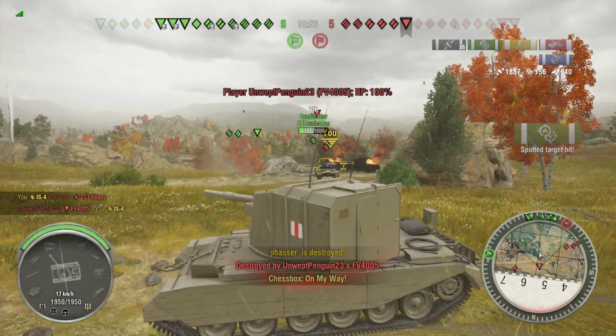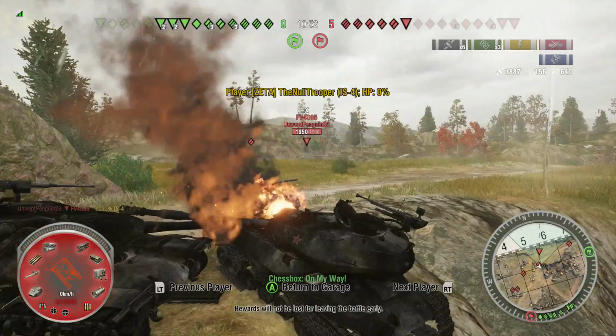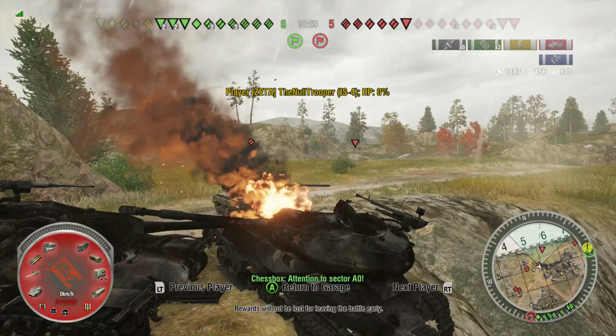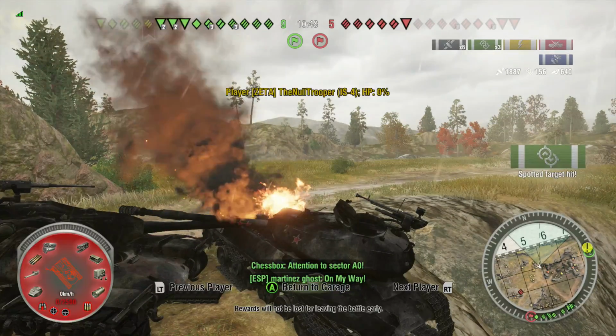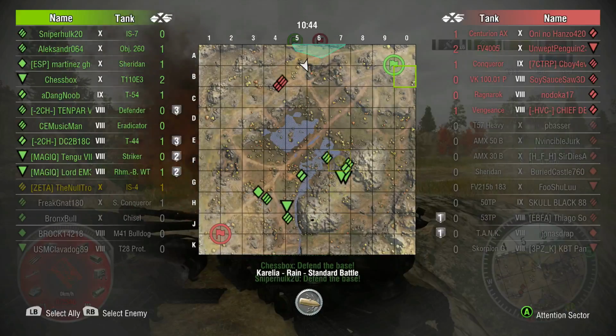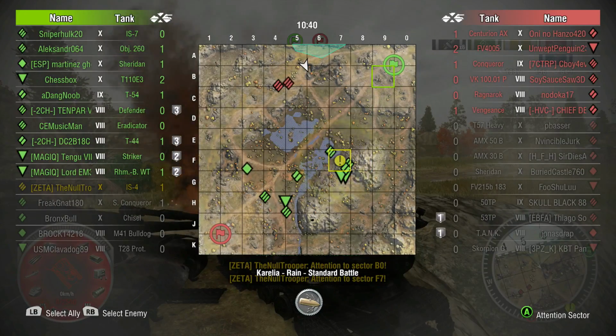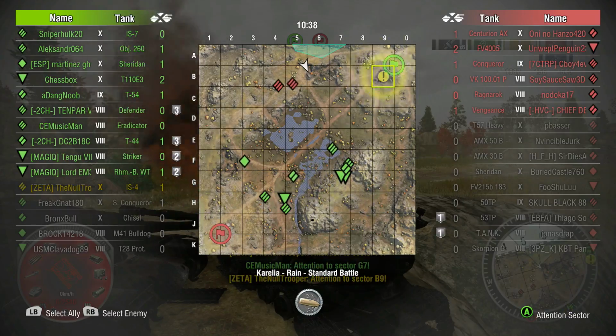But as you can see, my team are putting shots in. We're getting spotted target hits. Unfortunately, like I said, it's a T-44 and an IS-7. There's another hit, more assist damage to be had. And clearly you can see that we're going to lose the base. I knew for a fact we were going to lose the base. So I figured maybe we can hold them off long enough for our team to fall back or